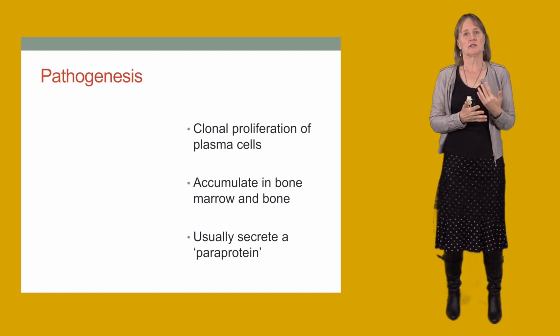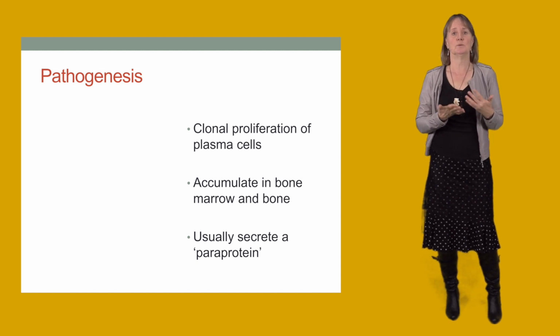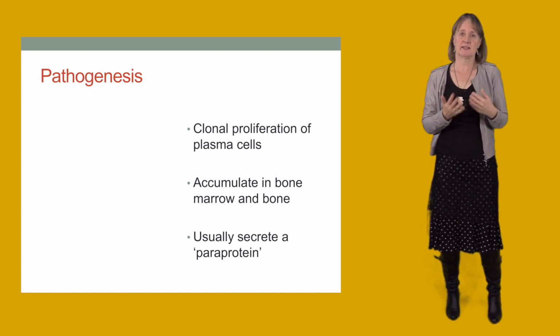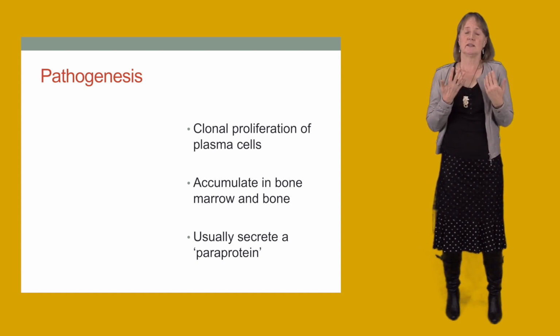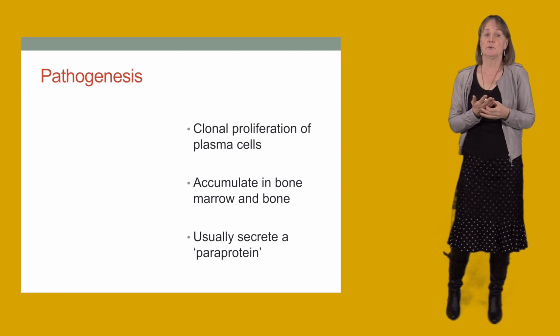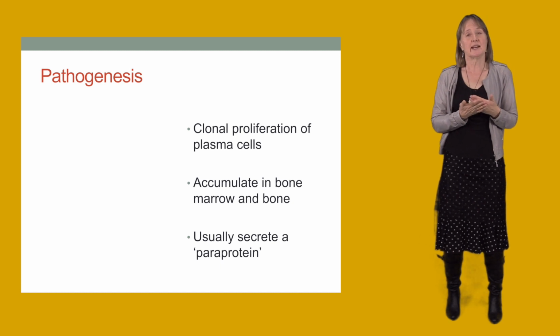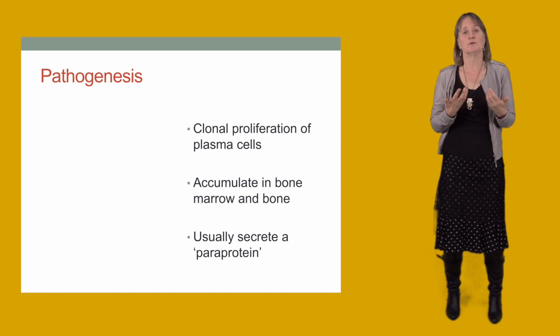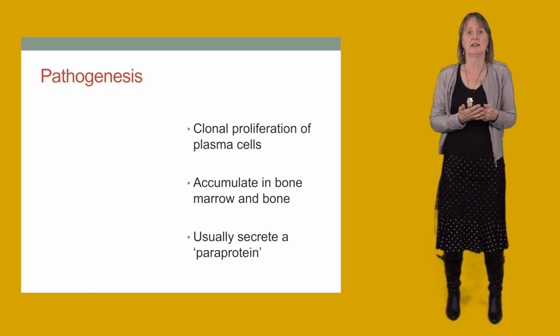So myeloma is a tumour in which there is accumulation of plasma cells. These are abnormal neoplastic plasma cells, and the normal counterpart are the mature B cell antibody producing cells. The plasma cells accumulate in the bone marrow and also in bone, and they usually produce an abnormal antibody-like protein that we refer to as a paraprotein. As with all the hematological malignancies, myeloma is a clonal disease, so the plasma cells are clonal and the paraprotein